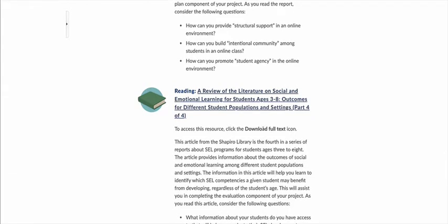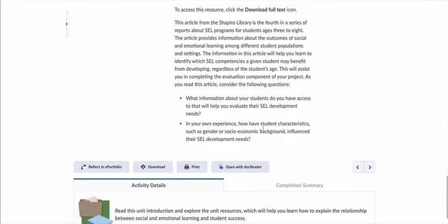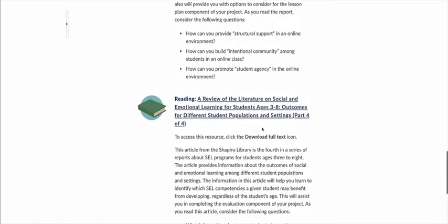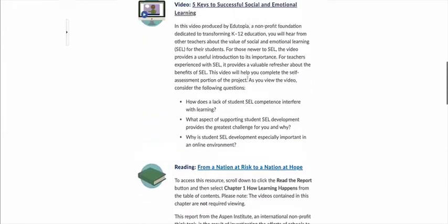That would be a good publication for you to look through to get ideas to put together your Project 3 submission. And if you notice under each of the resources, there's some essential questions that give you more information about what you'll find in those resources. So I'm not going to go into any one of them in depth because I want to keep this short,